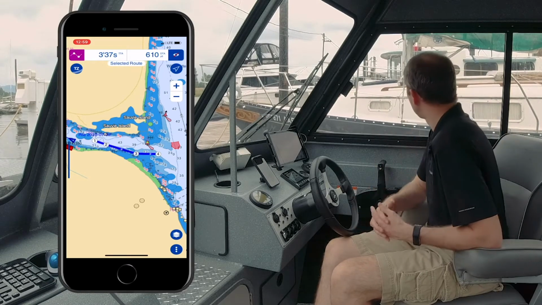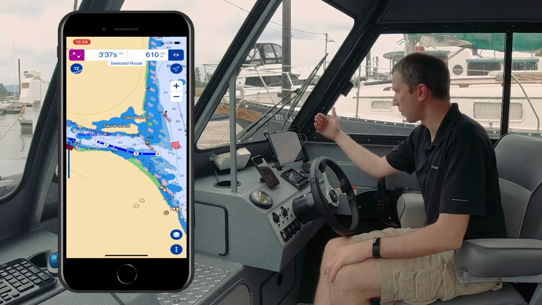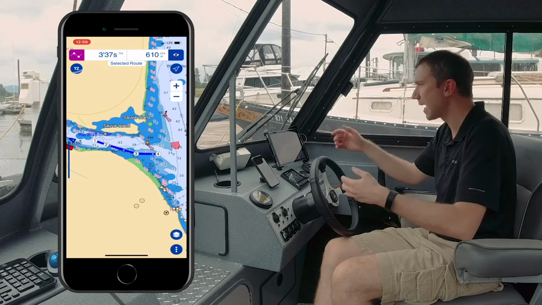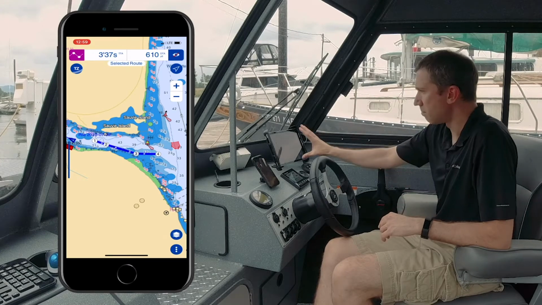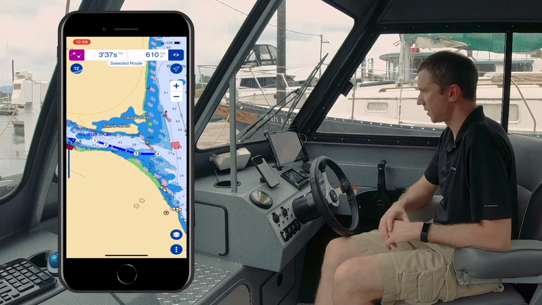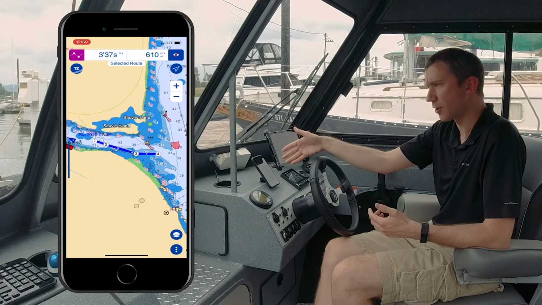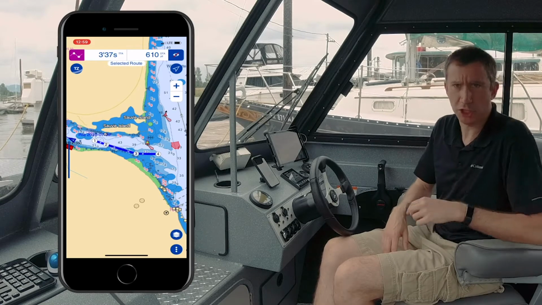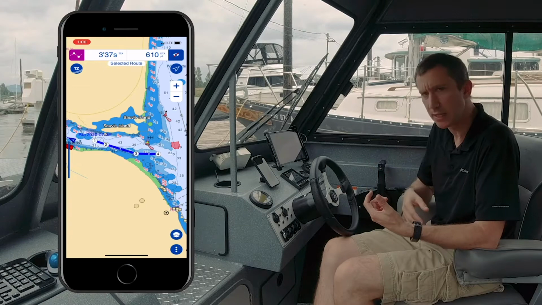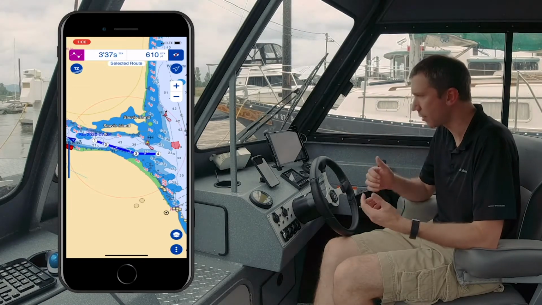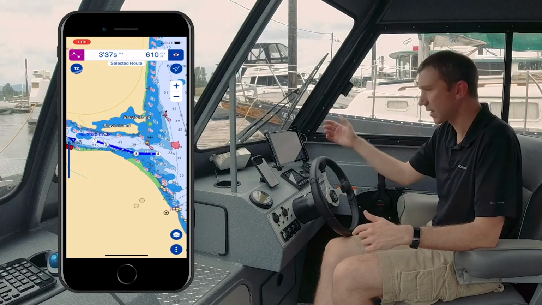And then after, when we start the engine and go for a little trip here, when I activate the route and navigate on the route, everything will be synchronized. Which is great because here I have my iPad mounted on my dash, and this is my primary navigation tool. And I can have my phone in my pocket, and if I am on the back deck fishing or doing whatever, I can just take my phone and look at either my XTE or time to go, time to arrival, or even make some tweaks from the back deck, come back here, and everything has been synchronized.